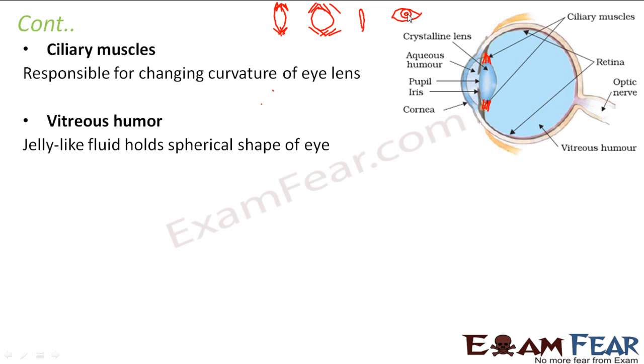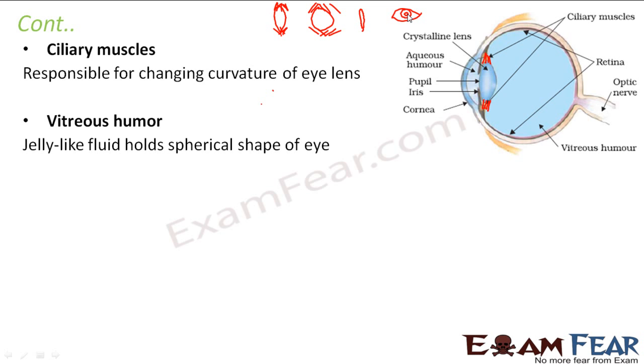So this small portion at the middle, that is the pupil. Outside the pupil, the region which you see, that is the iris. And the white portion which you see, which contains some fluid-like structure, that is the aqueous humor. Even behind that, you have something called the eye lens, which we do not see from the front view. So from the front view, we are only able to see the cornea, pupil, and iris. Behind that, the lens is not visible from the front view. Similarly, the retina is also not visible, and the vitreous humor is also not visible.